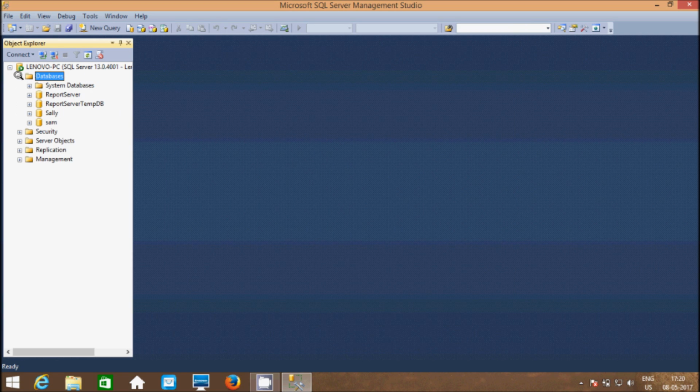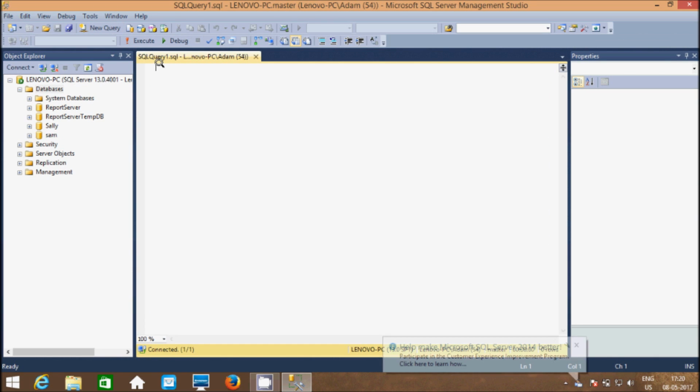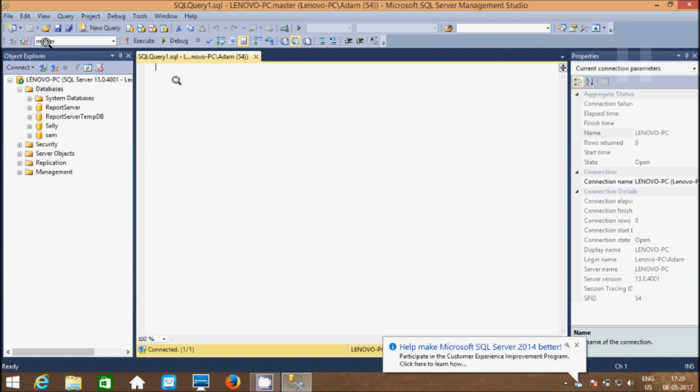Go to the database plus symbol and look at the Sam database created. Now select or click on new query. Here the database must be selected as Sam; by default master is selected.